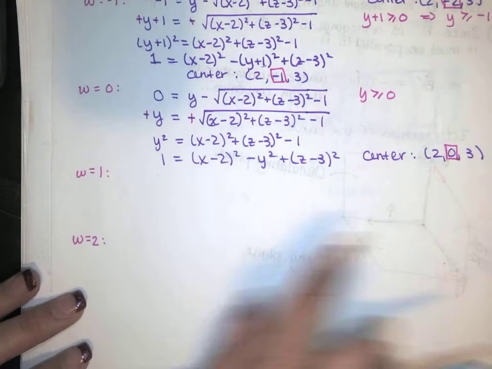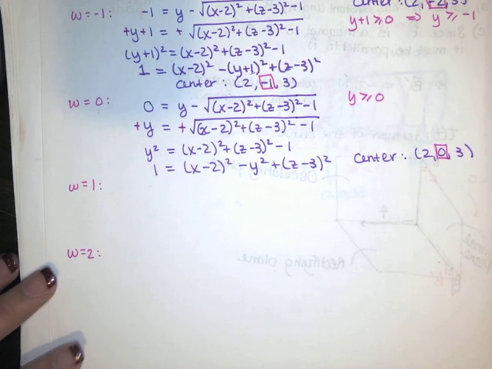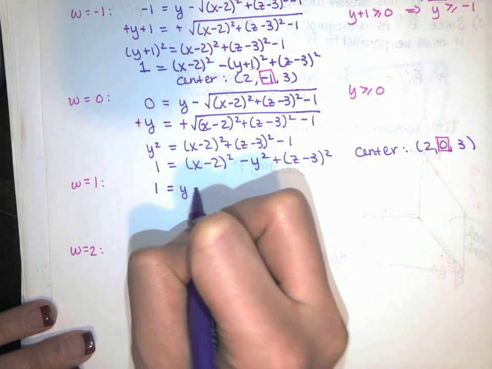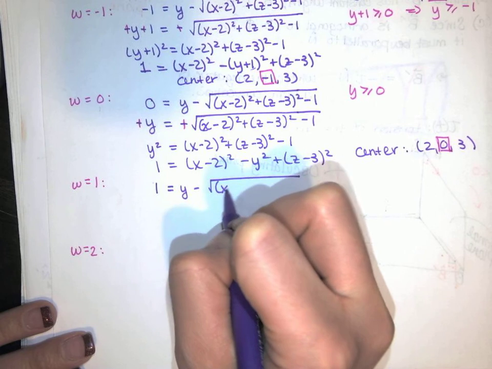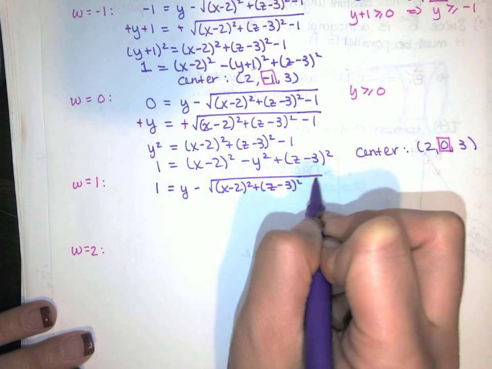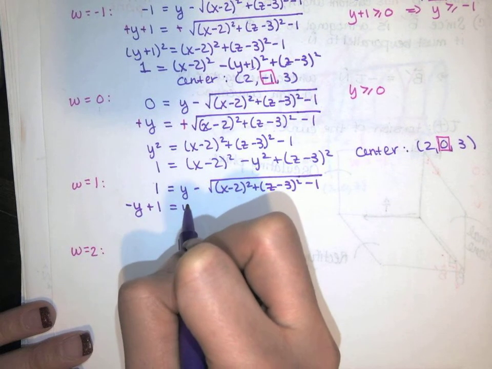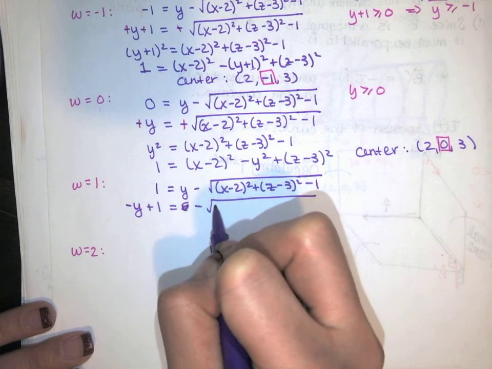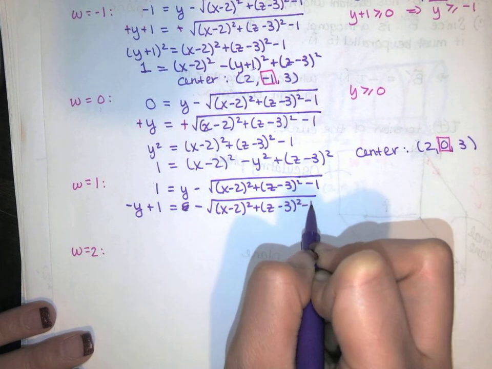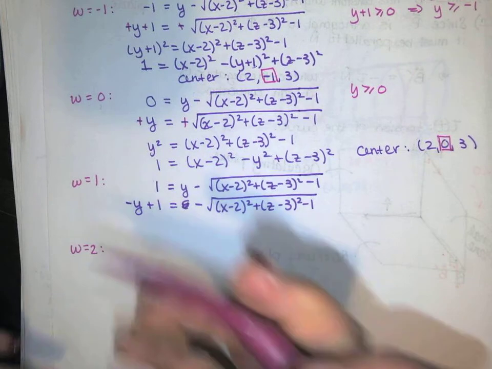I'm pretty sure when w equals 1, the center is just going to change to 2, 1, 3. But let's check it out and be sure. So we've got 1 equals y minus the square root. Subtract the y from both sides. And then multiply both sides by negative 1 to get rid of that negative right there. So we've got